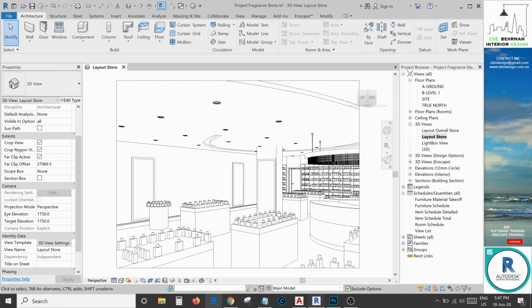This is Z Berman in Tip of the Week for Revit, and today we're going to talk about temporary view